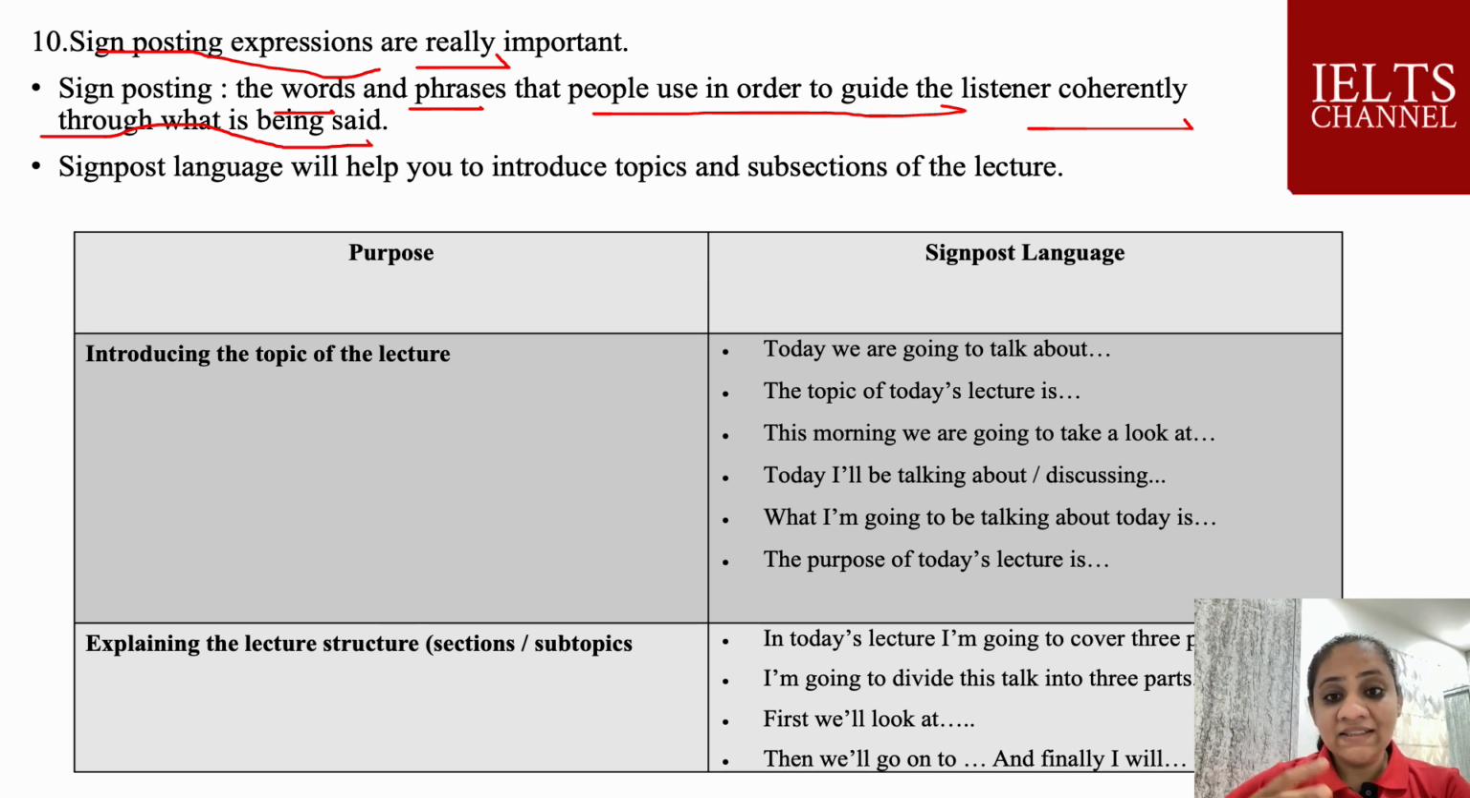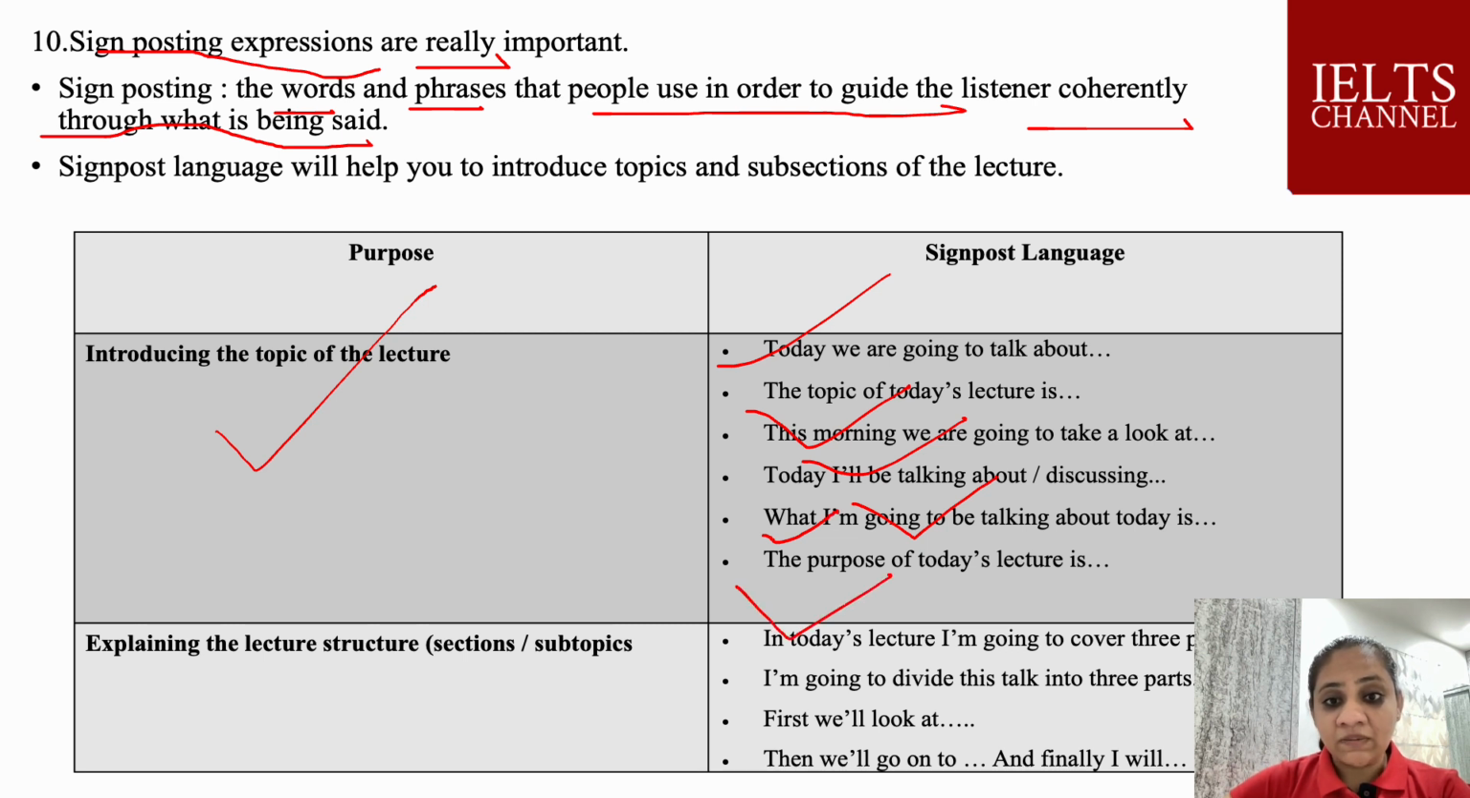So, whatever words and phrases the speaker uses, we get a clear idea of which topic the speaker is going to talk about. For example, if the purpose is introducing the topic of the lecture, the signpost language is, today we are going to talk about this topic. So I have a clear idea which topic they are talking about. Or they can use, the topic of today's lecture is, this morning we are going to take a look at, today I'll be talking about, what I am going to talk about today is,